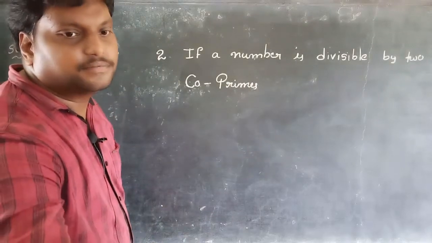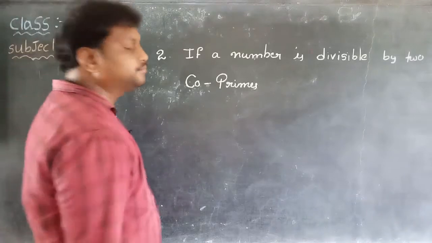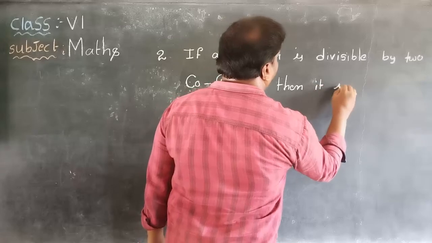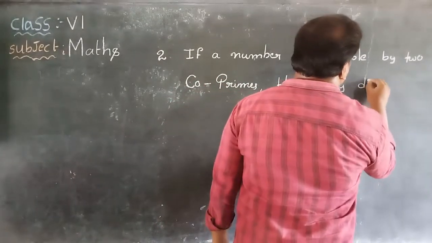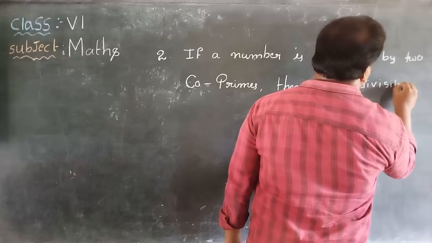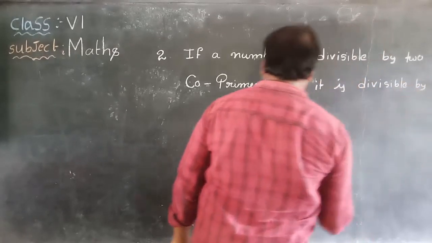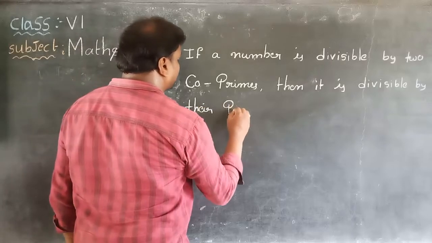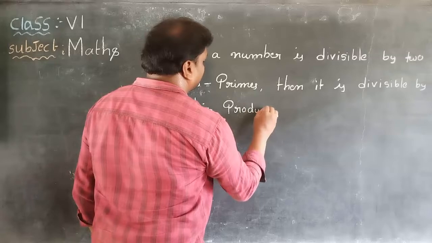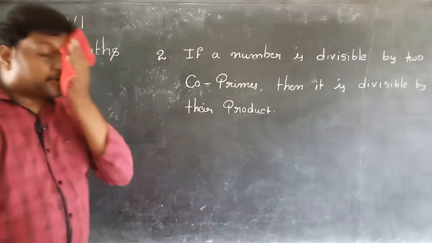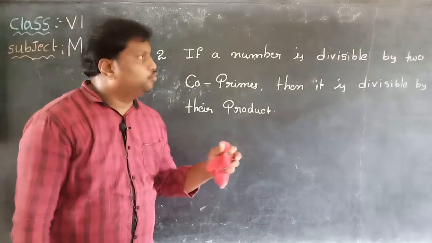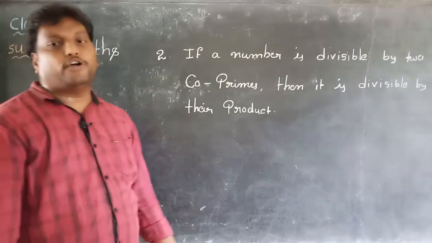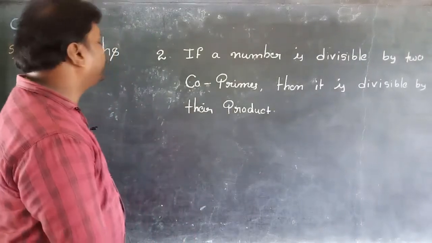Last class we discussed. Then that particular number is also divisible by their product. For example,